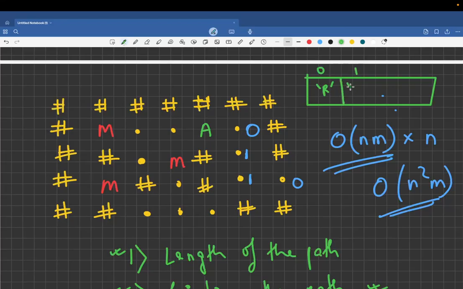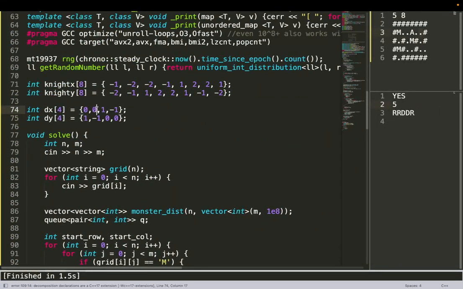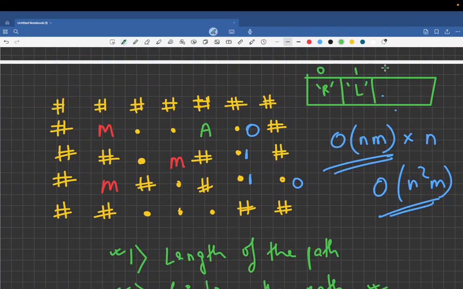At index 1, I will keep left, because if I am traveling via index 1, this means I have traveled left to reach that cell. Sorry, I made a mistake here. You moved down, and down is at index 2, so at index 2 I will simply keep down. And at index 3, I will simply keep up.